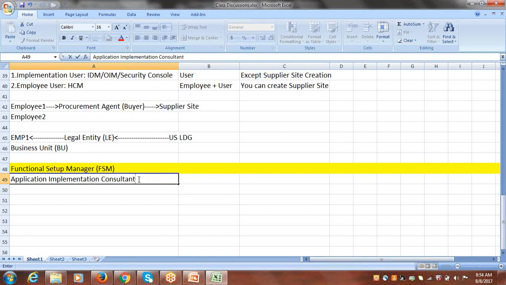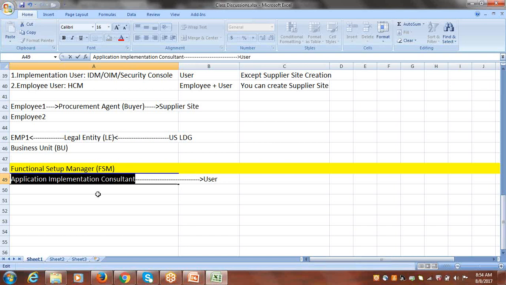If you assign the system administrator responsibility to any user, that user can start with the implementation. In the same way, in Fusion application, if you assign the application implementation consultant role to a user, that user can start with